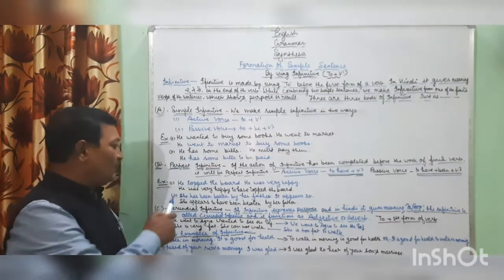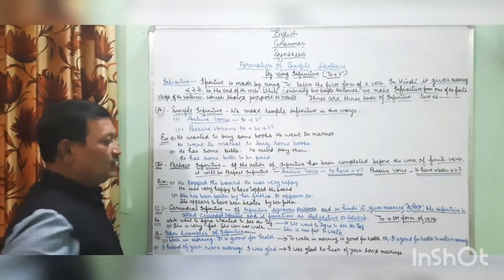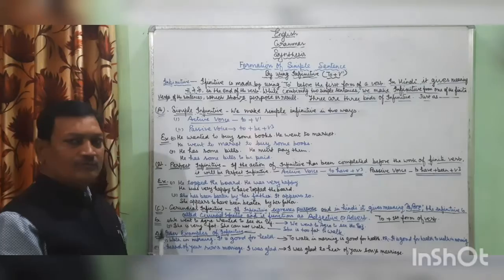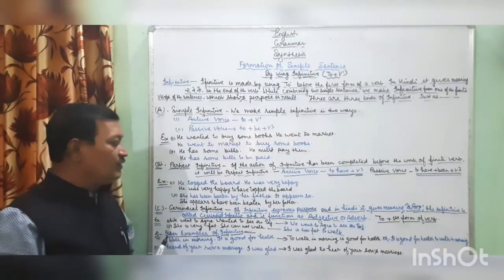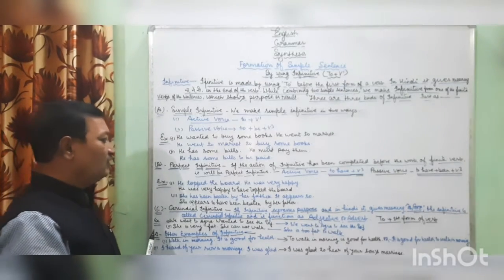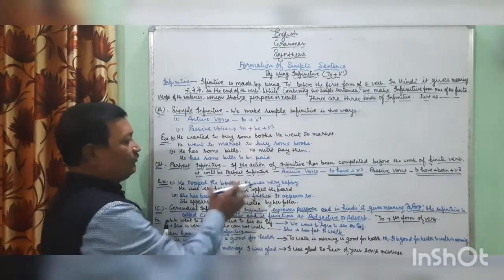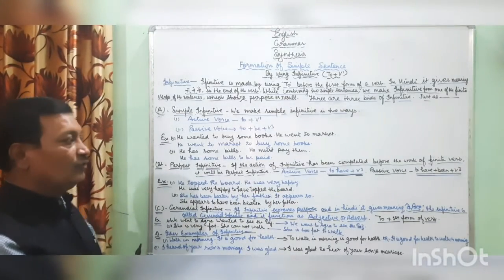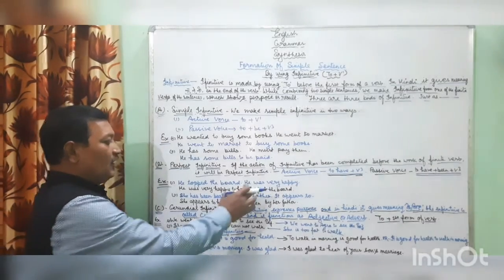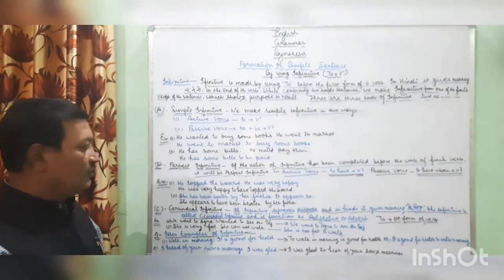Let's see examples one by one. He topped the board. He was very happy. Students, let's combine. He was very happy to have topped the board. As we see, the work of infinitive has been done first, before the work of finite verb. That's why here I have used active form of perfect infinitive.